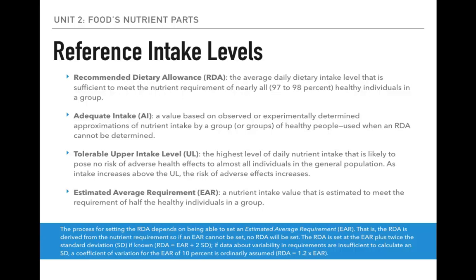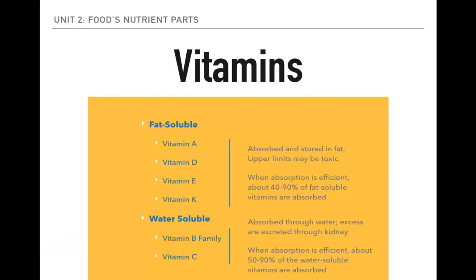In blue, you can see that the RDA equals the EAR plus 2 standard deviations. And for those of you familiar with statistics, think about a normally distributed data set. The mean, which is at the peak of the bell-shaped curve, that's the EAR. And then 2 standard deviations to the right of it, that would cover 97 to 98% of the people in the data set.